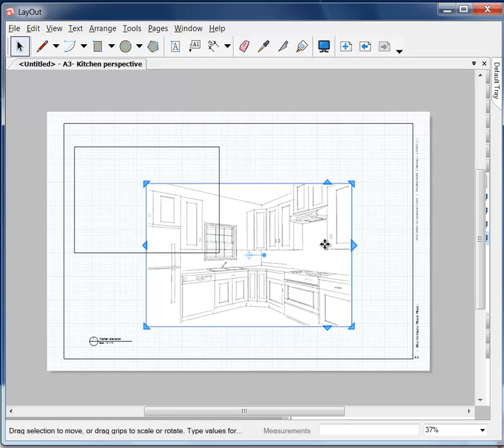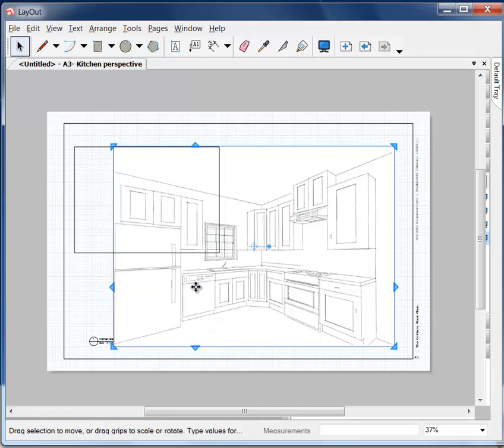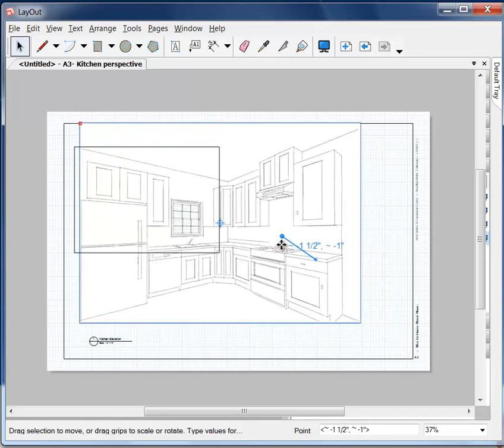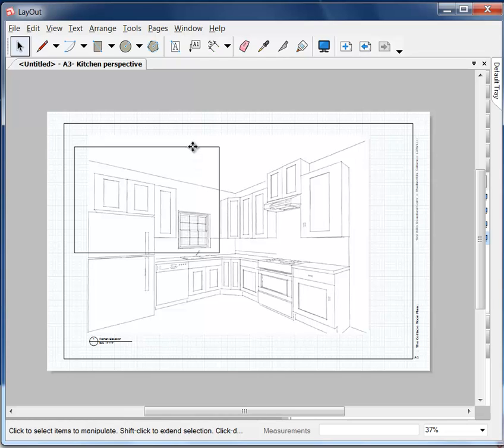Now again, this is not to scale, so what you want to do is think about how much of the model view you want to show, are all the key features there that you want to see, and again, keep in mind that you can actually edit this 3D view, right? So let's just say right now that this is about the size that I want. Okay, I'm going to have to crop it at the top there a bit, so for that I'm going to use my